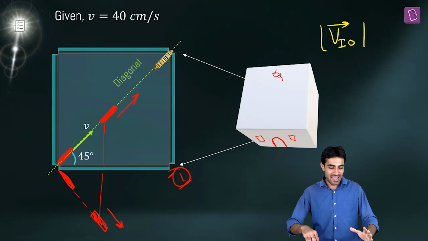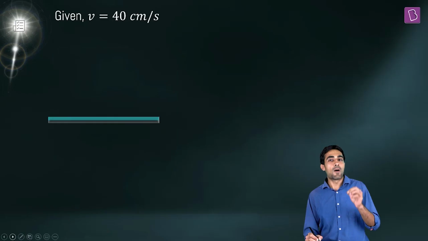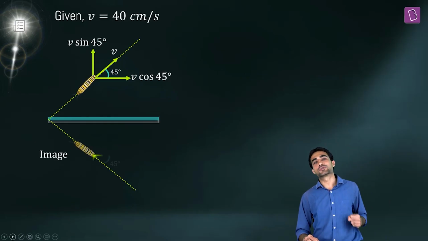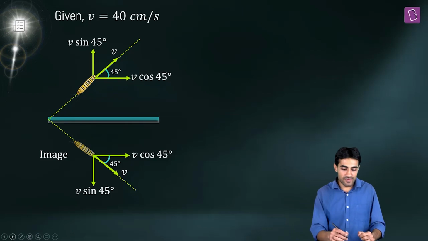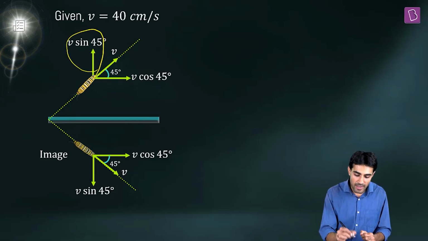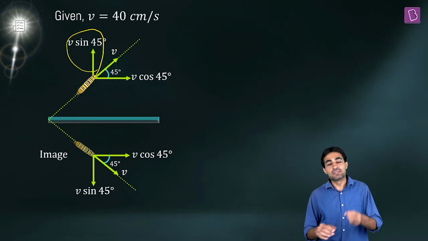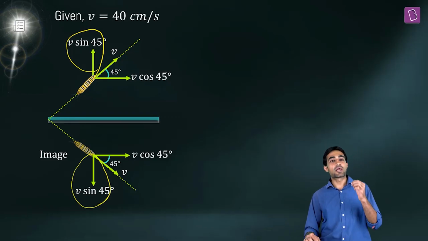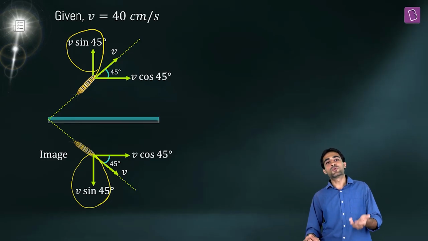Right. Now let me write the velocity in this fashion. I will break it into components. Now you can imagine the velocity of the image also. Actually, it is very beneficial to break the velocity into components. Why? We can see we have one component which is perpendicular to the surface of the mirror. Now, if we move to image, this component gets reversed. This component which is perpendicular to the surface of the mirror gets reversed when we move to image.